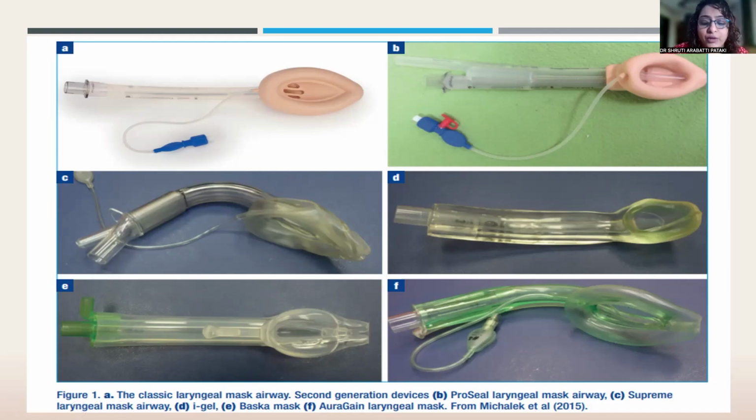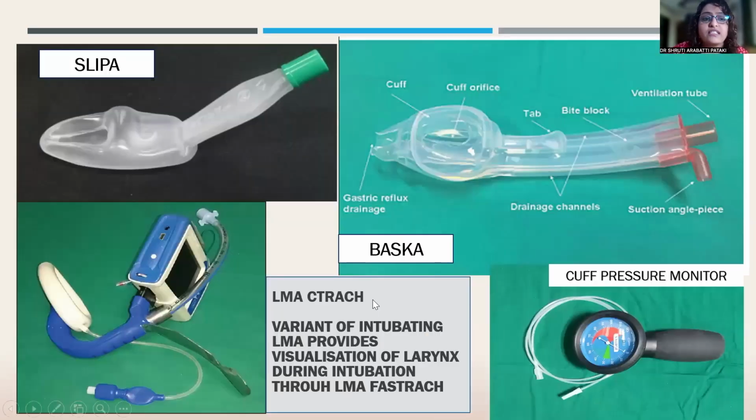What they have is a beautiful design. I have a video. So this is the Buska here. If you can see, it is almost transparent. It has fins on the dorsal side. It is not cuffed, but the design is so brilliant that they have fins over the posterior side where there is space for collection of secretions. Now, there are 2 advantages to this.